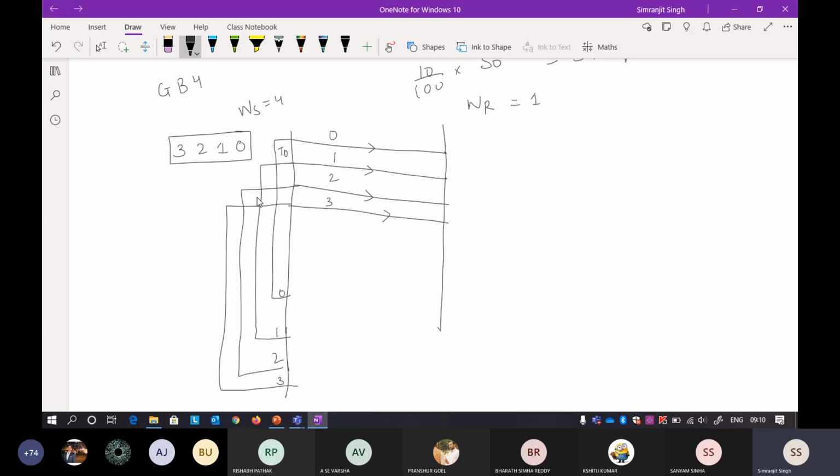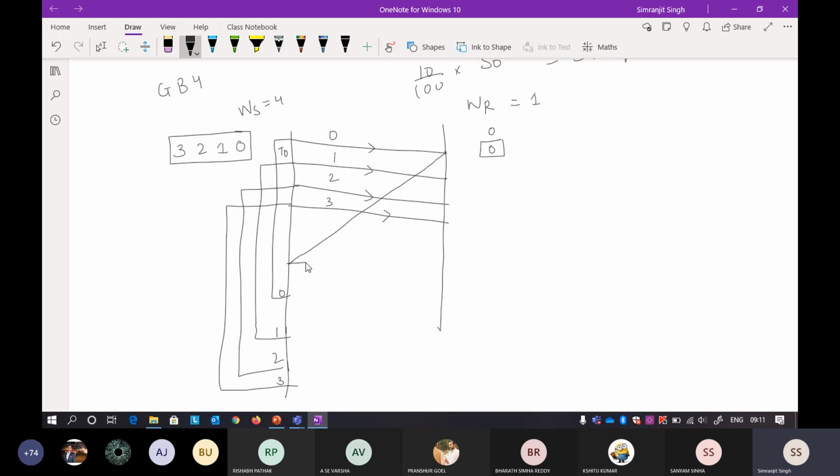Now, how does the receiver window actually work? When you send packet 0 towards the receiver, it already knows that it is expecting the sequence number 0. When it gets 0, it sends the acknowledgement, and the sender will be ready to transmit the 4th packet.